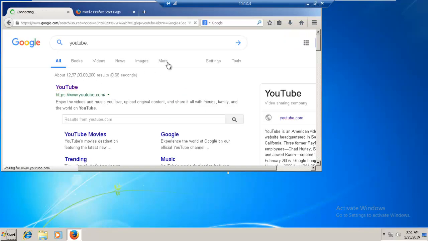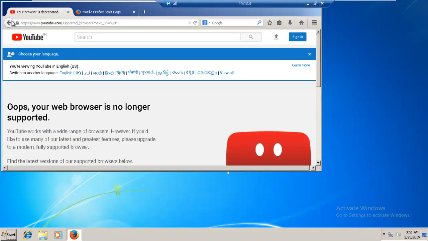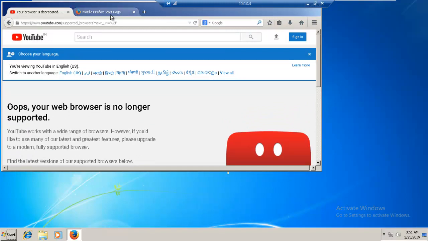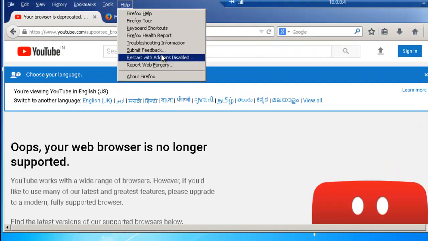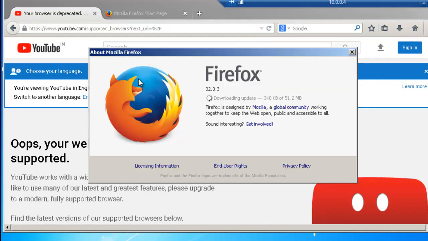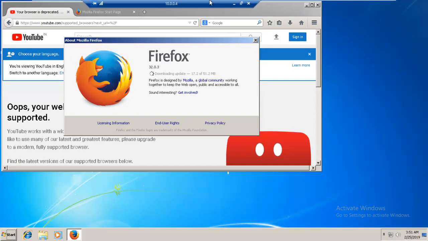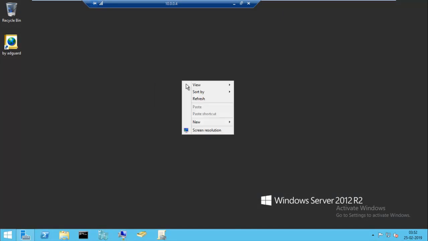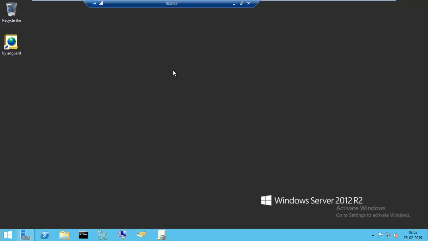You can see everything is opening up, saying my browser is not updated. Let me update this browser, and in the meanwhile we go to the server. So to block a website on client computers, you have to follow some steps, and these are the steps. You have to open the Active Directory,